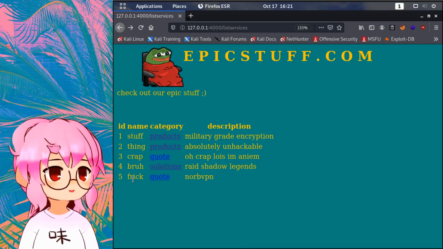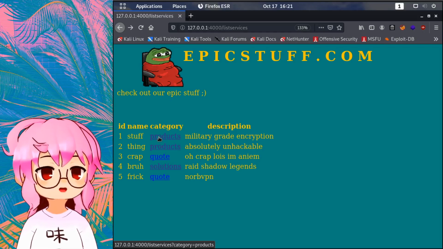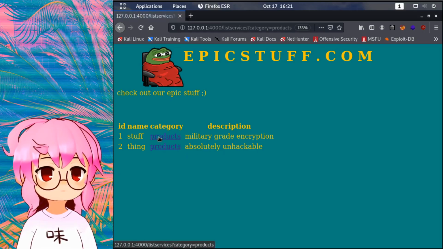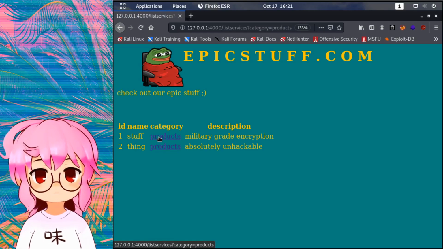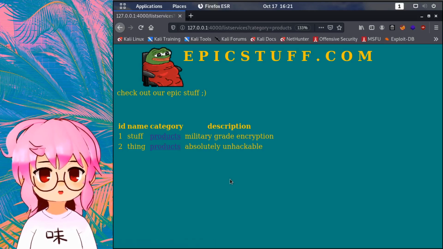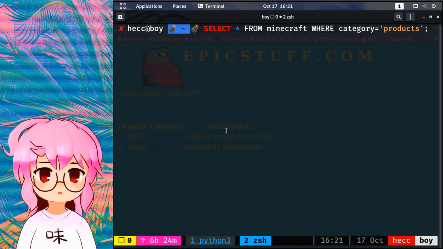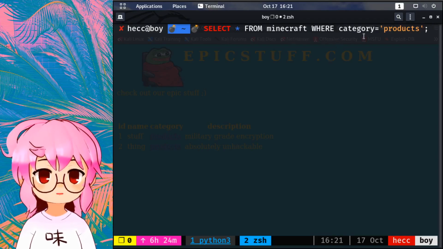So let's see how this web application responds to us clicking the value products that's in the category column. We can see now it's only reflecting rows that contain products within the category column. If we were to try to make this into a SQL query equivalent, it would look something kind of like this. We'd be saying select everything from the table with the name Minecraft, where the column with the name category